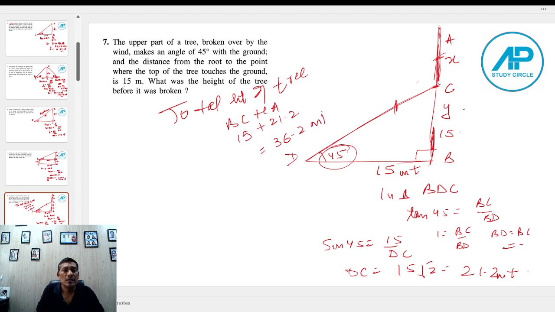36.2 meter is the final answer of this question. That's how you solve this question. आपने एक बार तो DC फाइंड आउट किया है और एक बार आपने BC फाइंड आउट किया है। DC, AC के बराबर है, इसलिए आप AC और BC की वैल्यू को ऐड करके टोटल ट्री की हाइट कैलकुलेट कर सकते हैं।